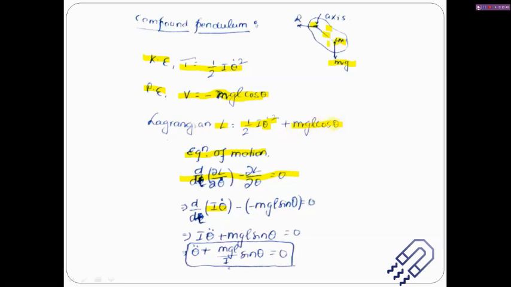So we can take d/d theta of cos theta, which is minus sin theta. So we have a minus sign here. Please don't mix these minus and plus. It's very important. Do it with a cool head so that you are not confused. Then what I have is I theta double dot, because d/dt of theta dot is theta double dot, minus minus becomes plus mgl sin theta, and then finally we can divide throughout by I, and theta double dot plus mgl by I sin theta is equal to 0. Now this is simple. This is something which you have done before.